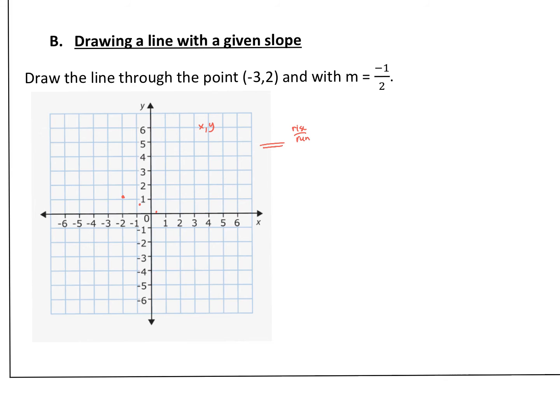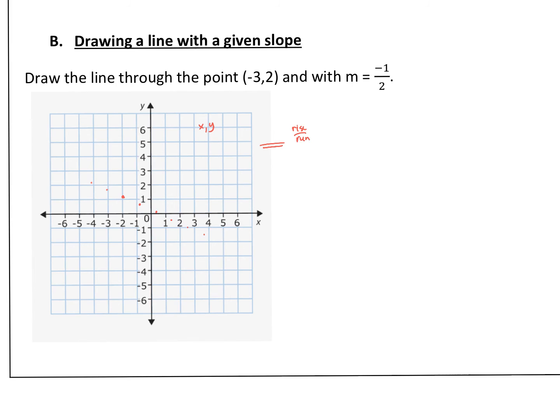So down 1 over 2, down 1 over 2, down 1 over 2, down 1 over 2. And then I could actually even go the other way, to go up 1 over to the left 2, up 1 over to the left 2. And once you have that, then you can take your ruler and connect